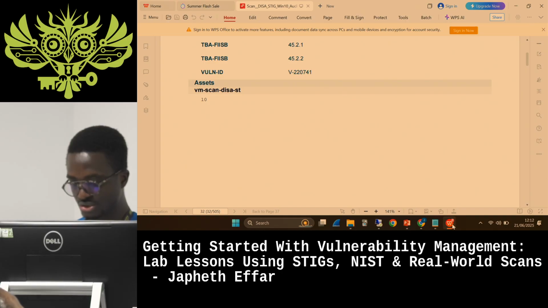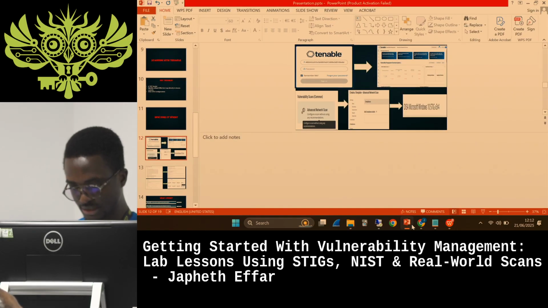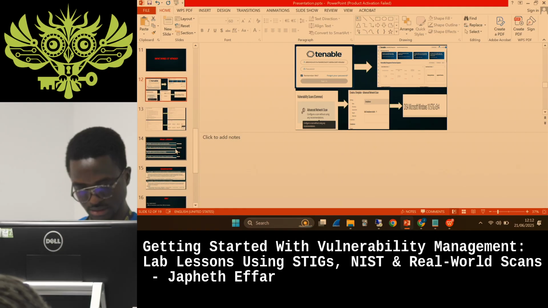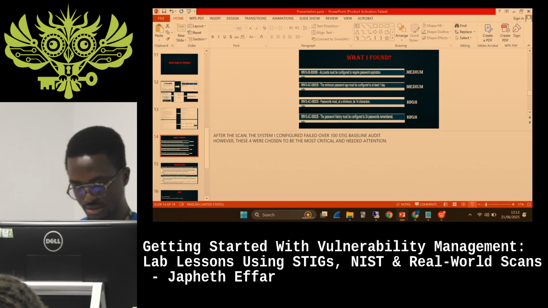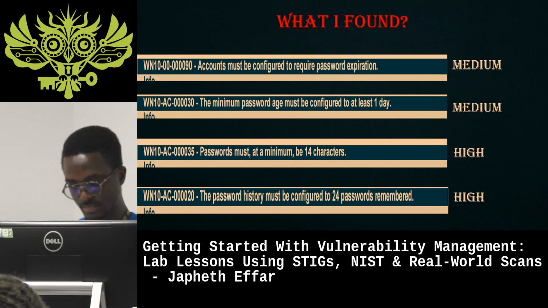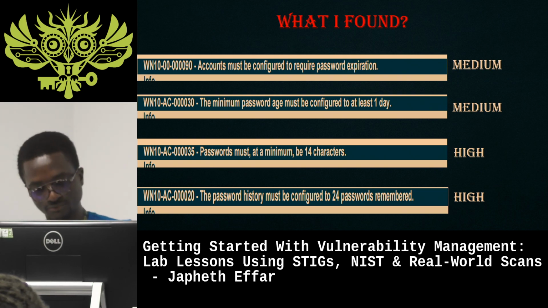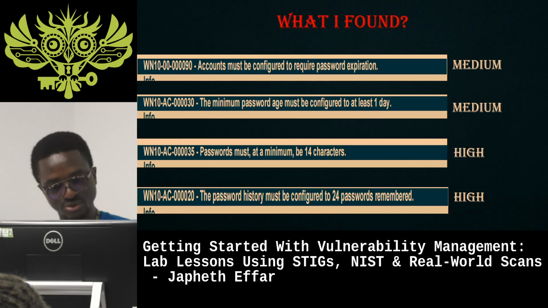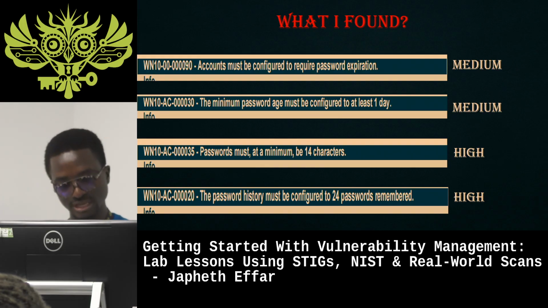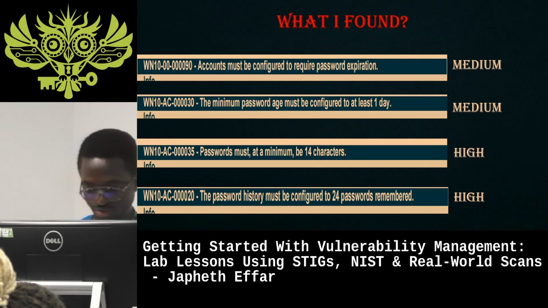All right. So now we are done with that, and this is what I came up with. I chose the most critical. There were 4, 2 highs, and then 2 mediums. Account must be configured to require password expiration. The minimum password age must be configured to at least a day. They are all medium. Password must at minimum be 14 characters, and the password history must be configured to 24 passwords